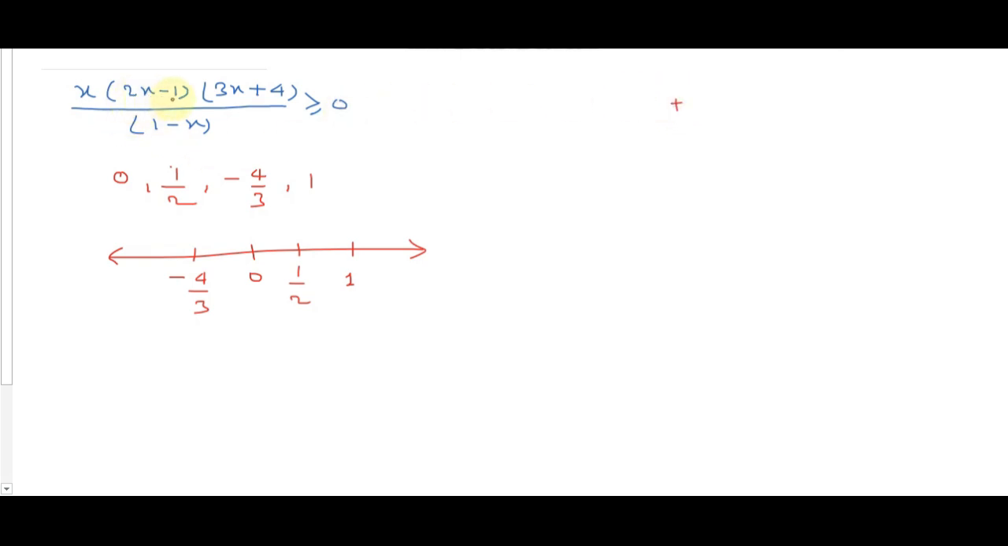Sign of 2x minus 1, replacing x by 2, we will get 2 into 2, 4 minus 1, 3, which is positive, so it is multiplied by a positive sign. Then here also we will get a positive sign multiplied by positive, divided by, and in the denominator we will have a negative sign. So multiplication and division of all these signs will give a negative sign. So for x greater than 1, we have the expression of negative sign,